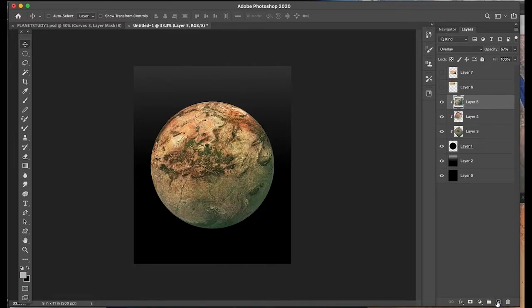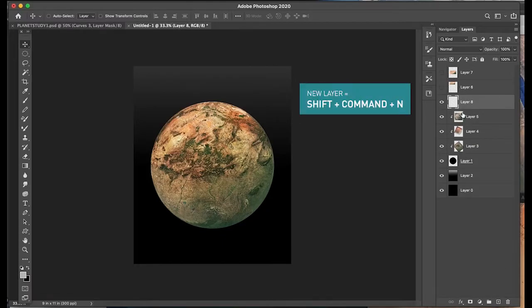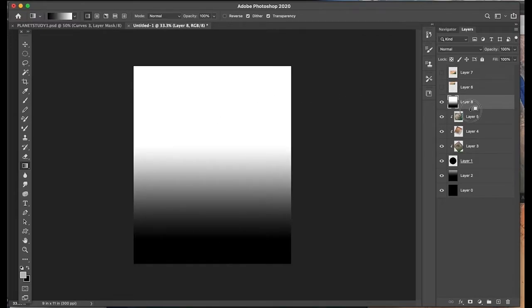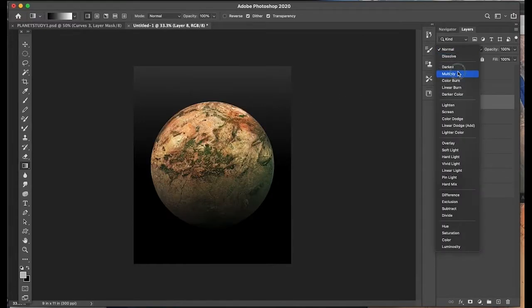But what I'd like to do now is add another layer over top of all of these. And that's going to be kind of a gradient layer. Let's create a little bit more depth here, right? Our light is coming from the top, and the bottom of the planet is going to be darker. So very simply, with the gradient tool again, I'm going to hit the letter G on the keyboard. We've got this kind of black and white blended here, and we're just going to do this. Let's put this over there. Let's set this to multiply,